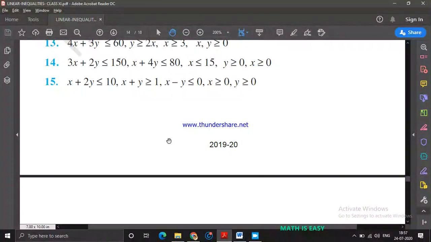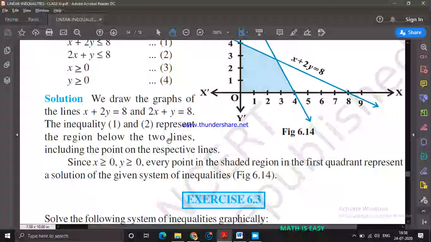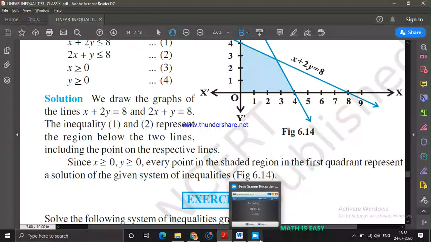In class 12, there is a chapter on linear programming. There you will understand why we require this solution set and what practical problems we solve using linear inequalities. There you have transportation problems, manufacturing problems, machinery problems, and diet problems. Based on dieting also we use mathematics. So we'll see those things in class 12.